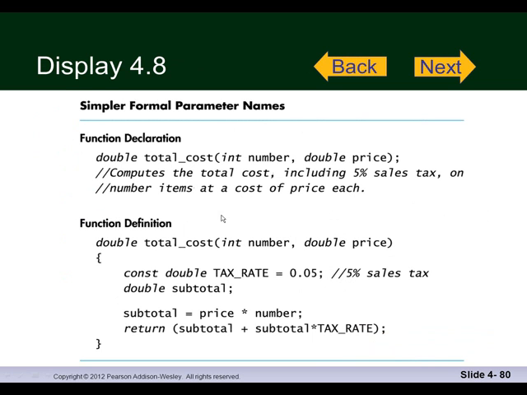So this is my declaration with the semicolon, with the comments explaining what this is doing. That's the style. My function definition. That's going to be a good question for the test, to give you something to write your declaration and the definition for something like that. So the total cost would be int number, double price, and